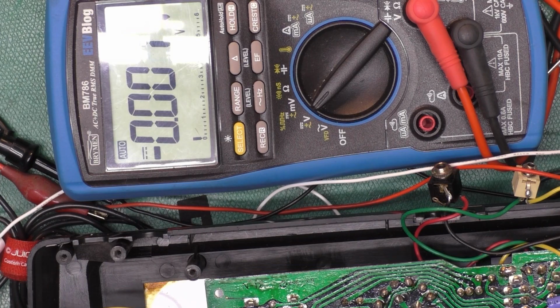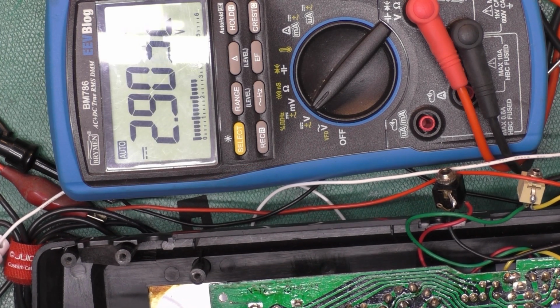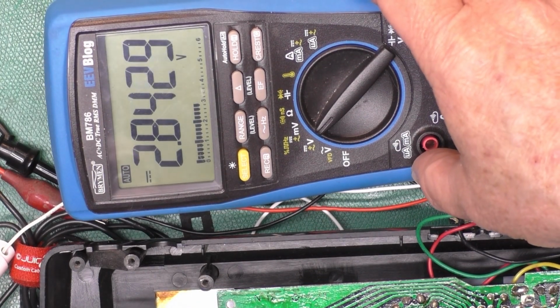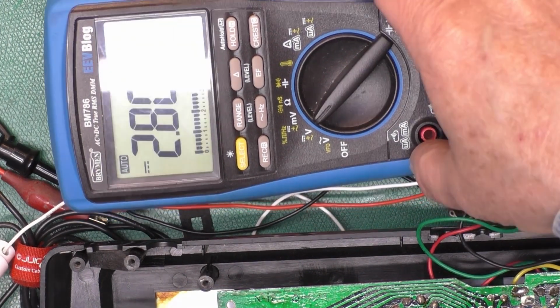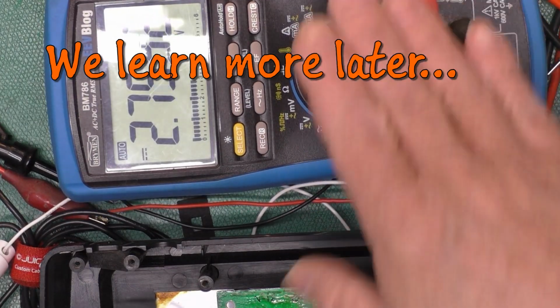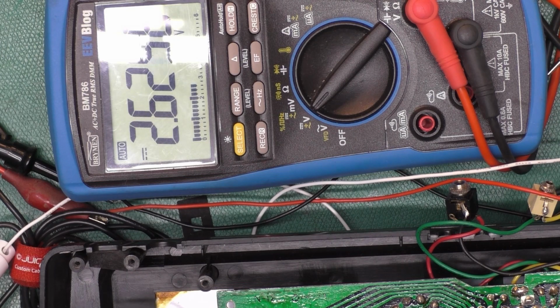And if I measure across the video output, you can see we've got about 3 volts. Why do we have 3 volts there? Well, the video signal itself is only around a volt. That means we have a DC offset to the video signal that we need to get rid of. Some TVs and monitors might block that, some might not. By the specification, we shouldn't have it. So